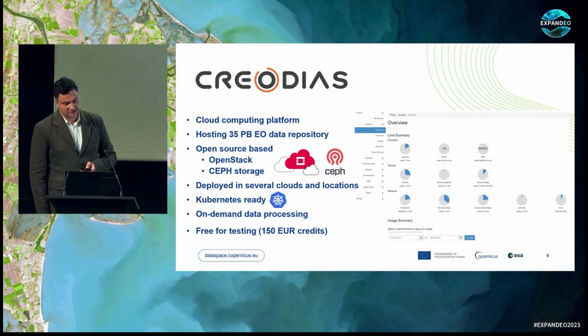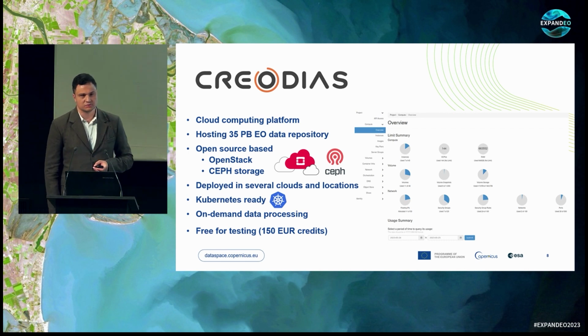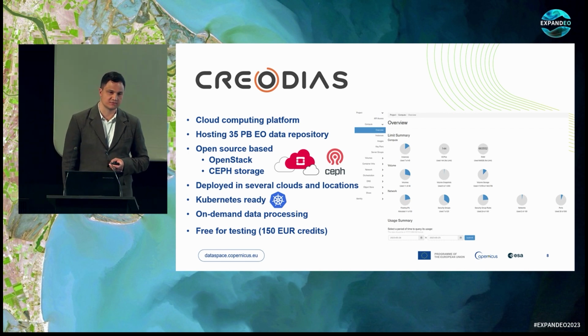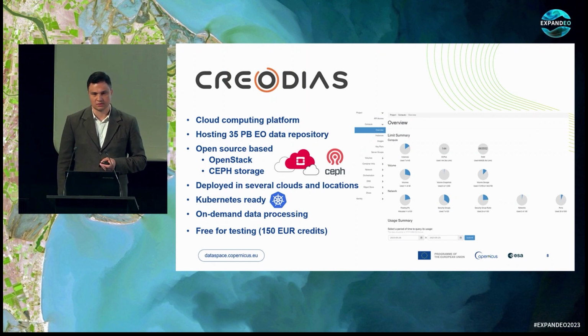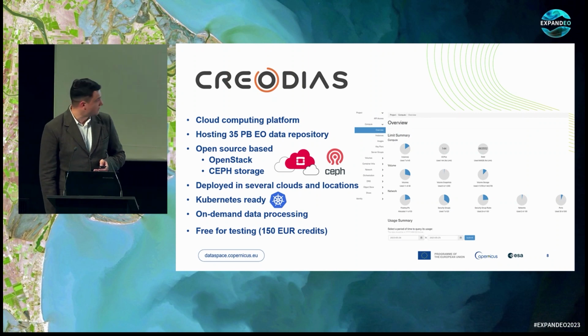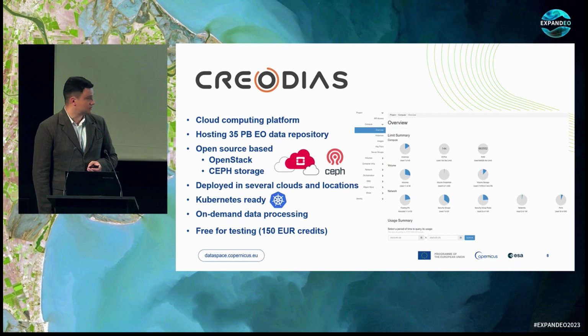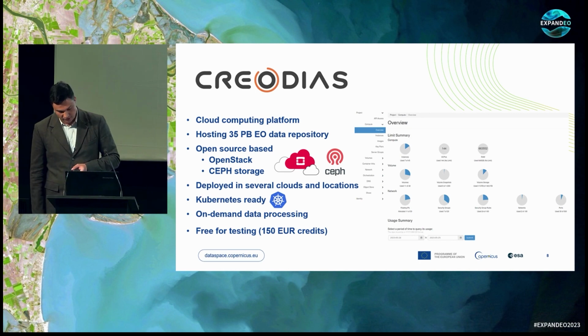It has other features too. For example, for scalability, you have Kubernetes with Docker, where you can deploy your microservices. You have on-demand processing in case you want to generate higher level products, for example, Sentinel-1 Coherence or Backscatter. And it's also free for testing, so we provide 150 euro credits for testing.